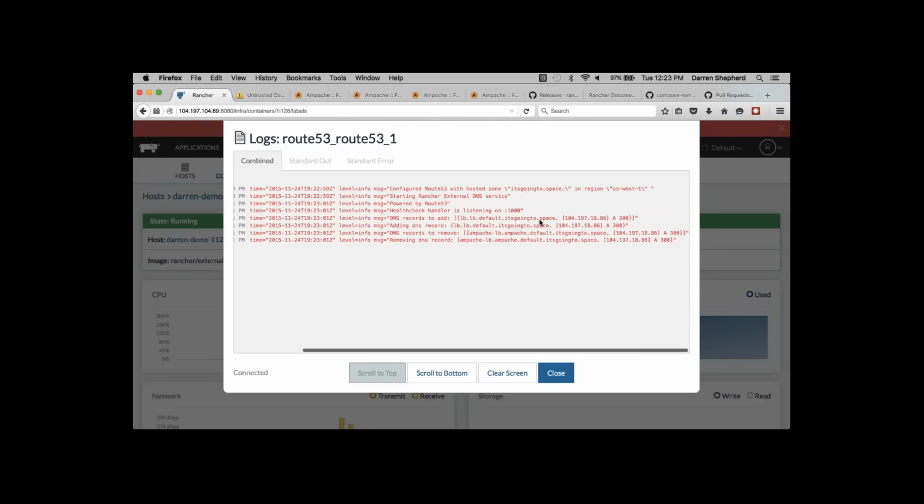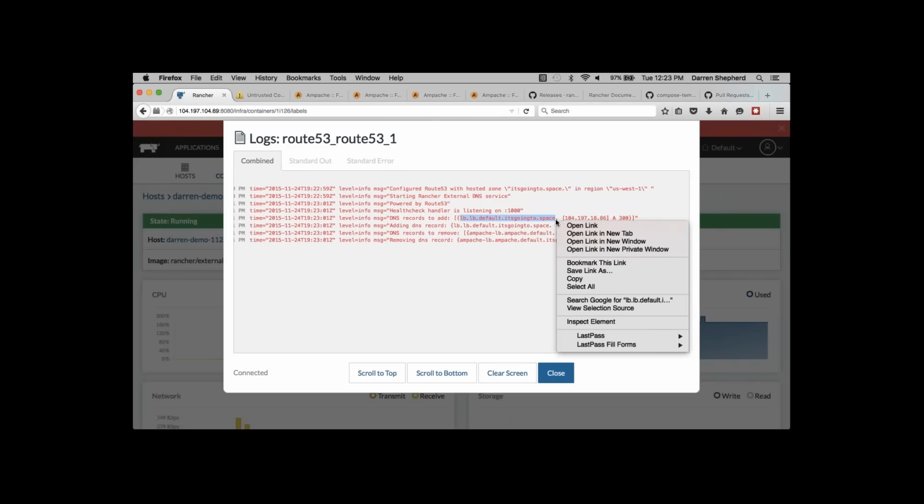lb.lb.default.it's going to space. Okay, so this is basically setting up whatever the hosted zone is. So that's the domain I put with it's going to space. But then the structure that we use is basically environment name, stack name, service name. So lb.lb.default. So in theory, if I copy this, I should be able to access this now through